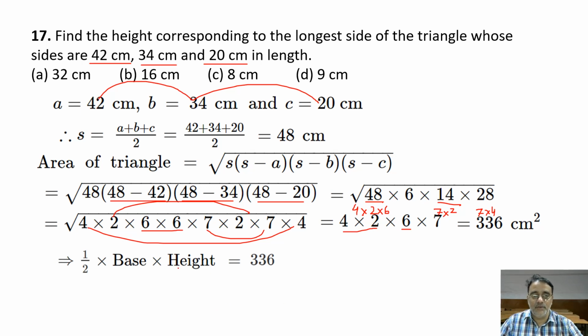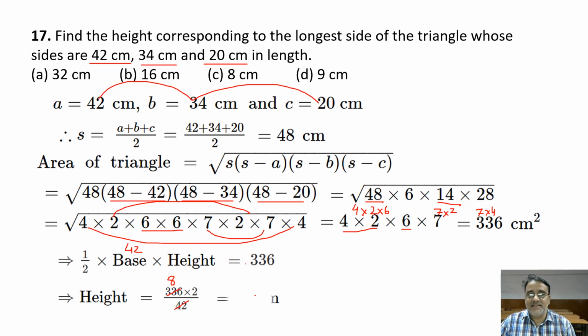Now this is 42. So height हो जाएगा 336 into 2 by 42. So 42 we can cancel by this. So we are going to get 8. 42 into 8, 336 hota hai. So final answer is 16 centimeter, and the correct option is